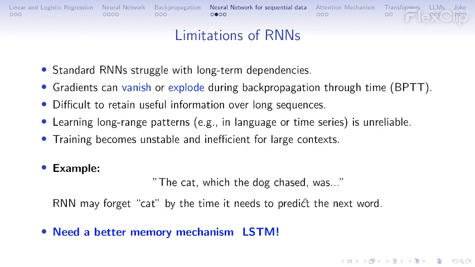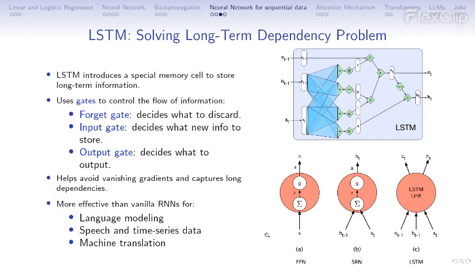Then comes the long short term memory algorithm. This is an interesting one because this long term dependency problem is solved with this algorithm. ያ ማለት ምንድን ነው? It introduced a special memory or cell to store long term information, like እችኛዋ, this one, the context cell እንላታለን. And it also uses gates to control the flow of information. So basically long short term memory, or LSTM ማለት, it's a recurrent neural network, but a gated recurrent neural network.